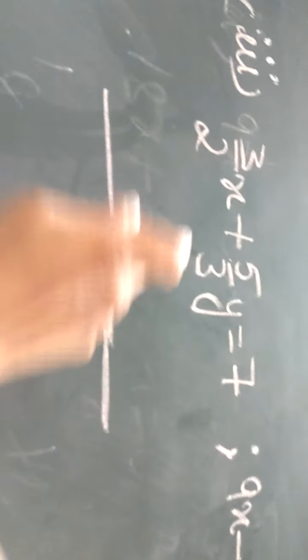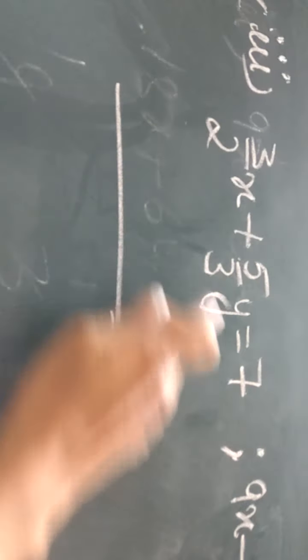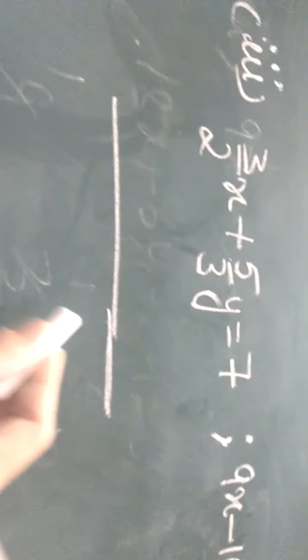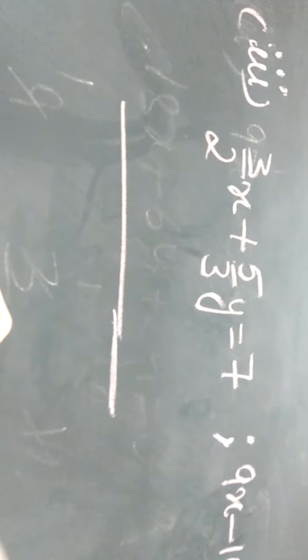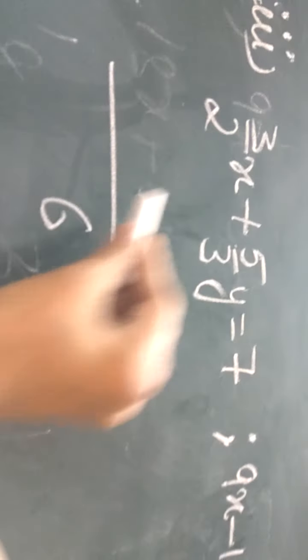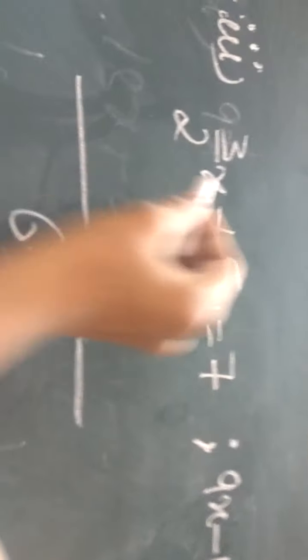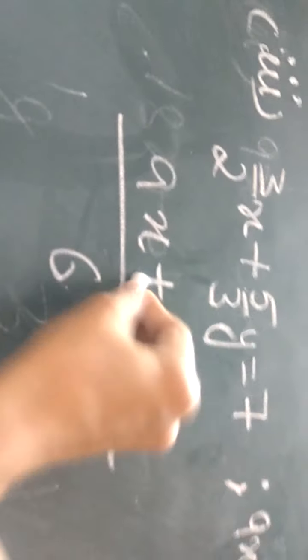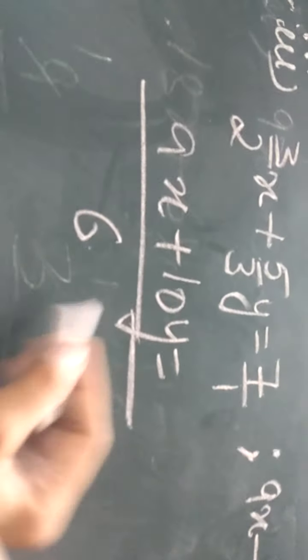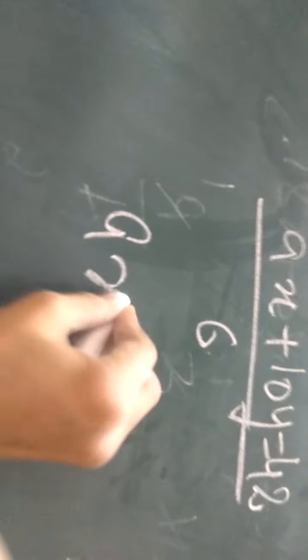But if you take the LCM on the left hand side, then you have to cross multiply the denominator with the right hand side. But right now we are taking the LCM with the equal to also. So in the next step we'll neglect the denominator. So now what is the LCM of 2 and 3? It is 6. 6 divided by 2 is 3. 3 3s are 9x. 3 2s are 6. 2 5s are 10y. And 6 divided by 6 is 1, 1 7 is 7, 6 7s are 42. So the new equation will be 9x plus 10y is equal to 42.